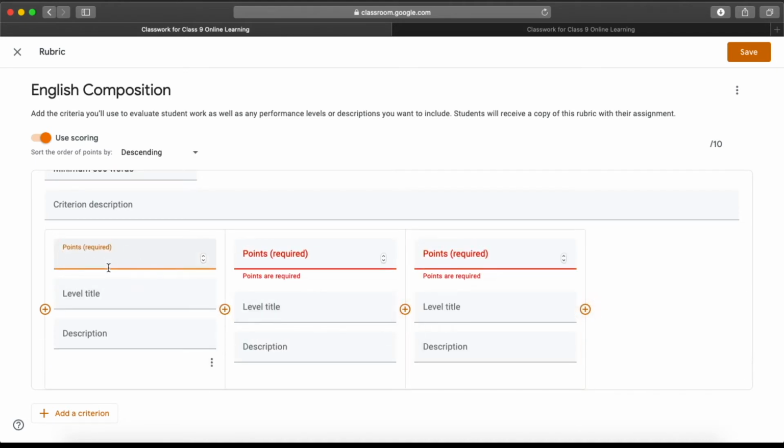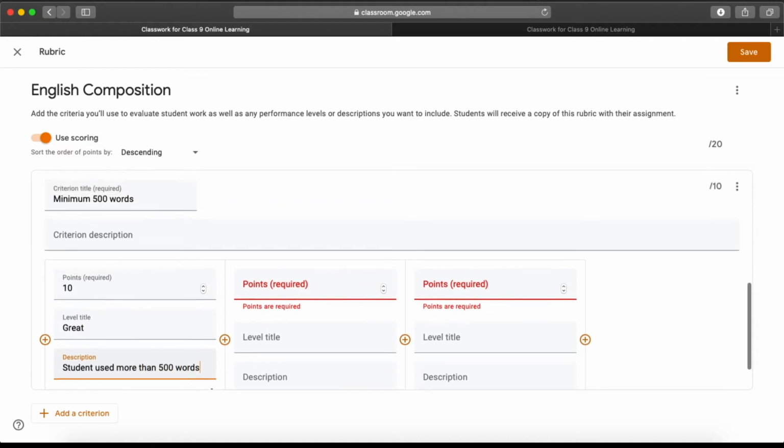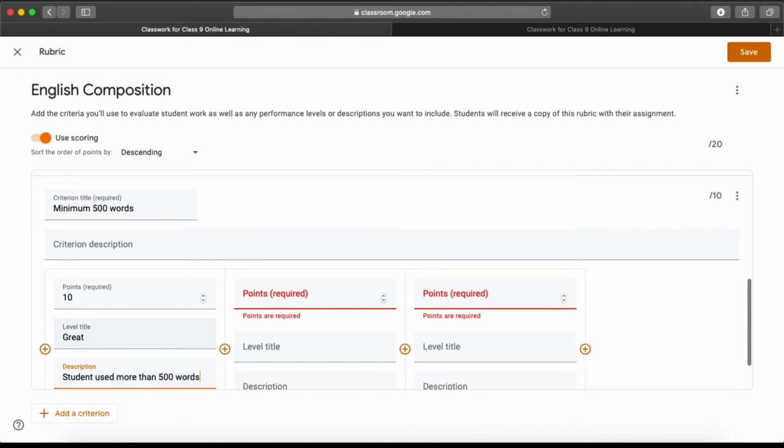First one is 10 points they will get. This is great. And the student used more than 500 words. Okay, because that's our target. Minimum they need to write 500 words.